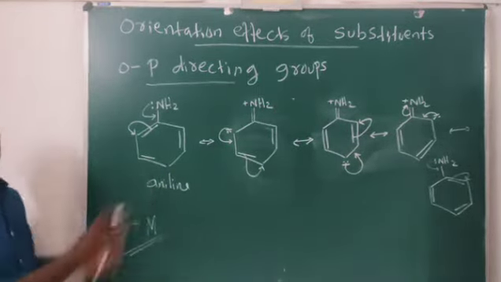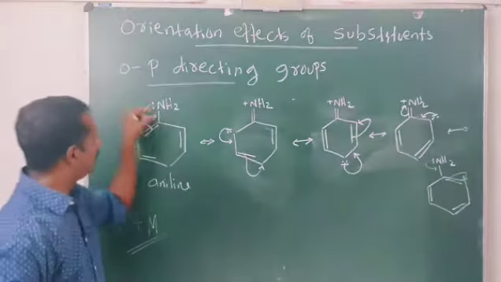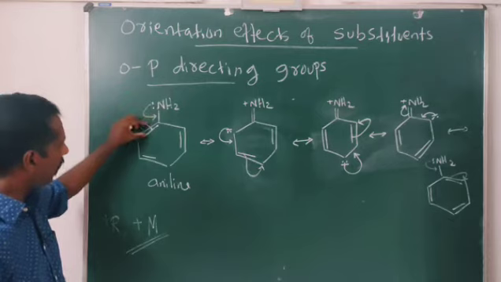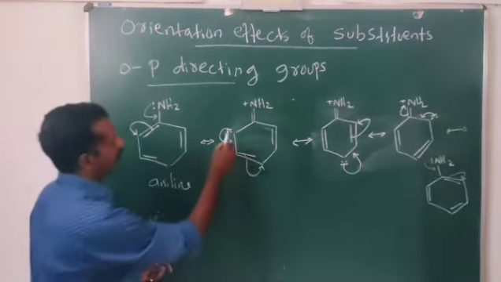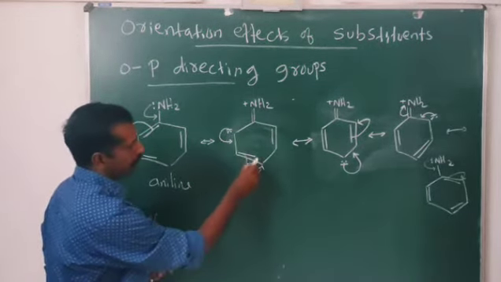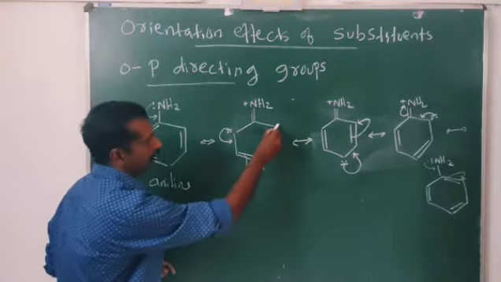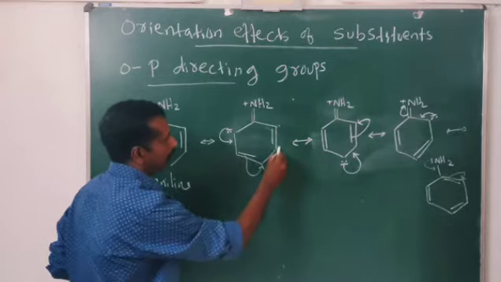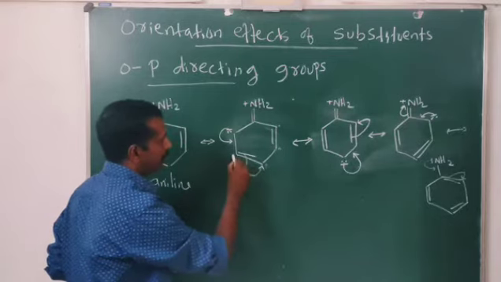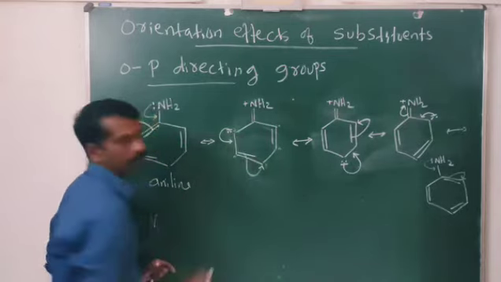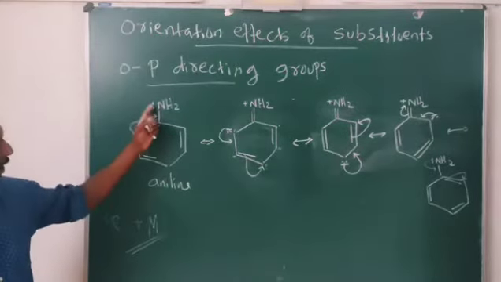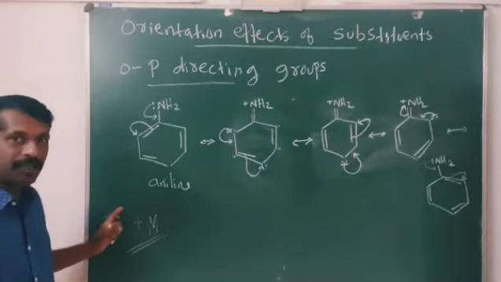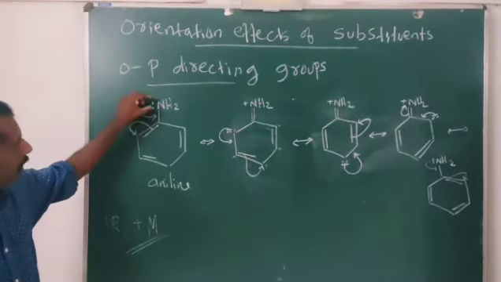Now by resonance, through the delocalization of the unshared pair of electrons and the pi electrons, we can see that this is the ortho position, this is the para position, and this one is again the ortho position. So this is ortho, this is meta, this is para, this is again meta, and this is ortho. By the plus R effect or plus M effect of the NH2 group, we